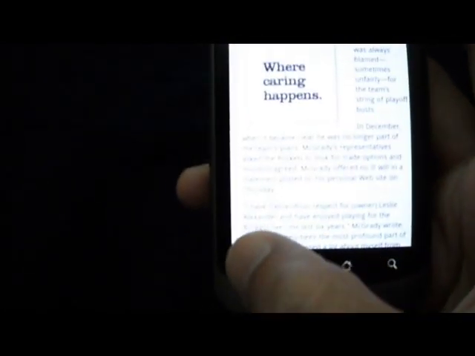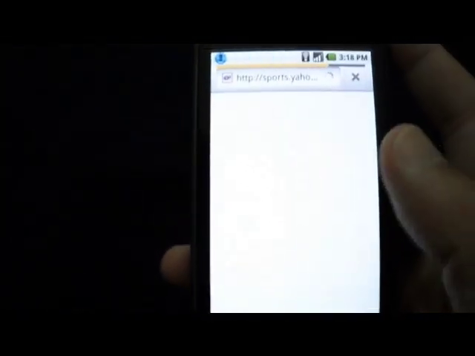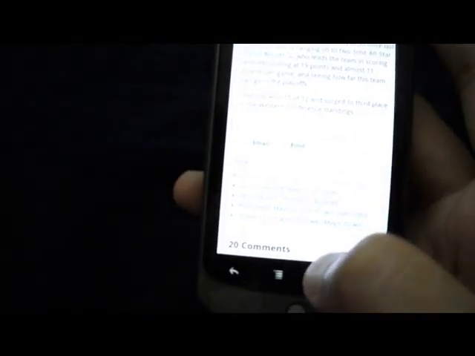Multi-touch is working. Yep, so that's a browser. Pretty fast, way faster than my old phone. I think it's a little bit faster than the 3GS, but